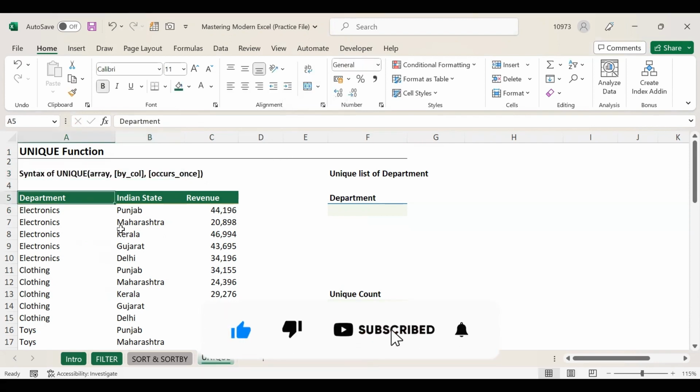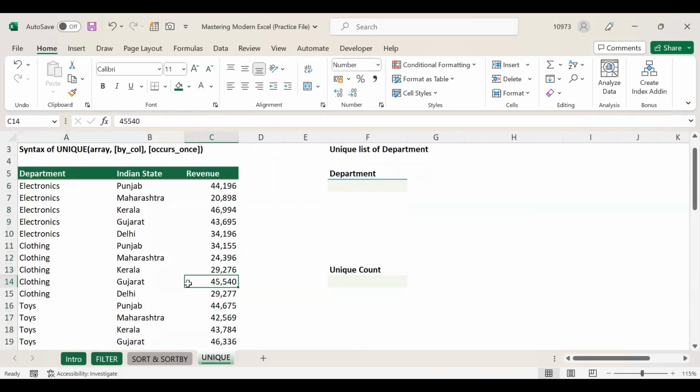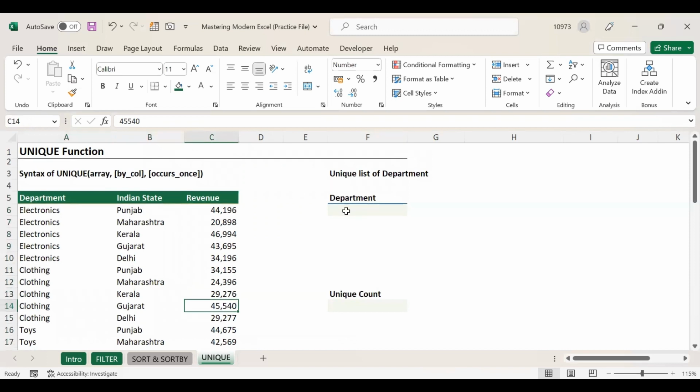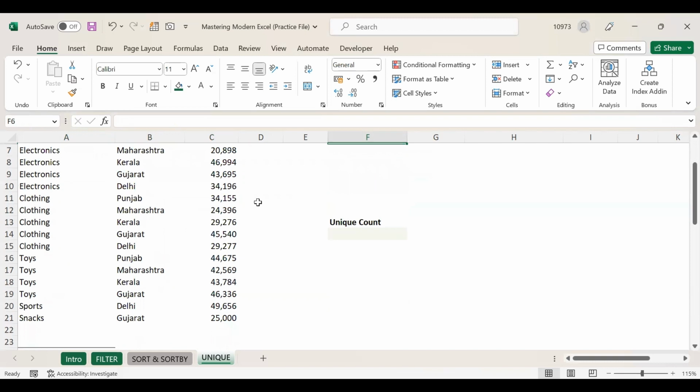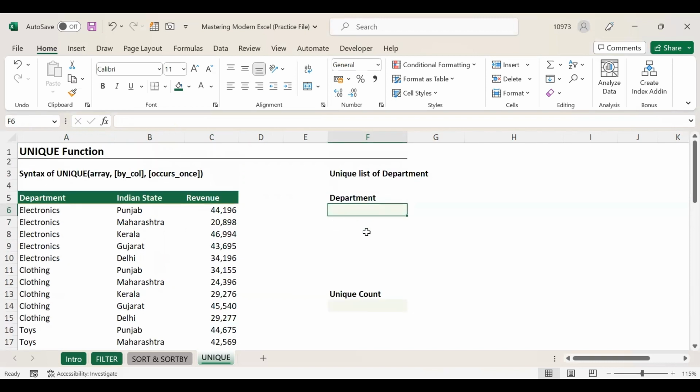So here is the sample data set which I have, and using this data set, I will use the UNIQUE function to figure out the unique values. This is the criteria I have. I need to figure out the unique list of departments from this data set. So let us type the UNIQUE function. Type equals